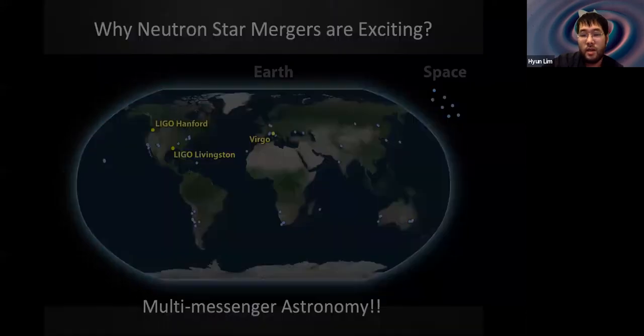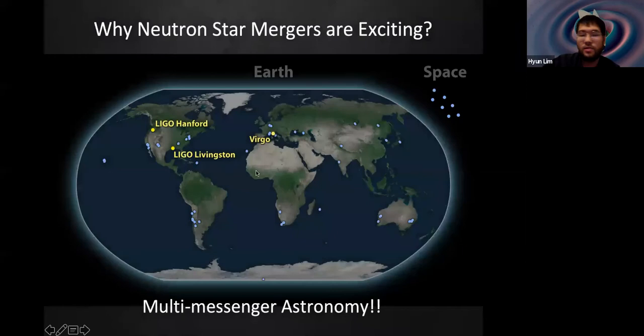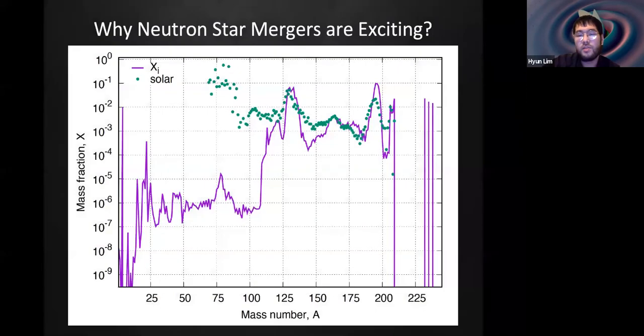And another thing is why this is also interesting and why we would like to understand such an event with various different channels: because of neutron stars, we believe this is the main source of the creation of gold. So this is the plot. This is called r-process nucleosynthesis. You can easily think that when they merge, it is a really high density and energetic event, and they also change the